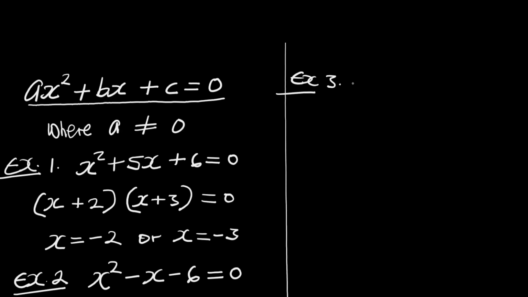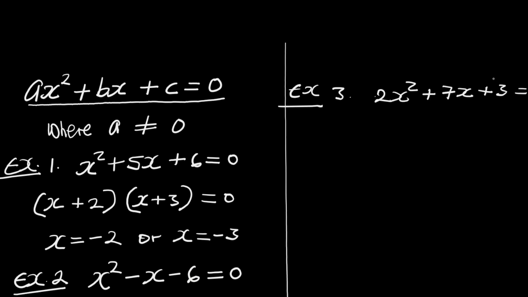Example 3 is 2x squared plus 7x plus 3. Example 3 is slightly different from the previous examples because it has a coefficient. To solve this problem, we have to use something called grouping or the trial method. We open our brackets. The first bracket and the second bracket. 2x plus 1